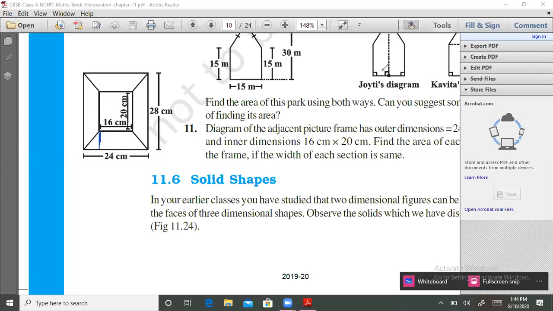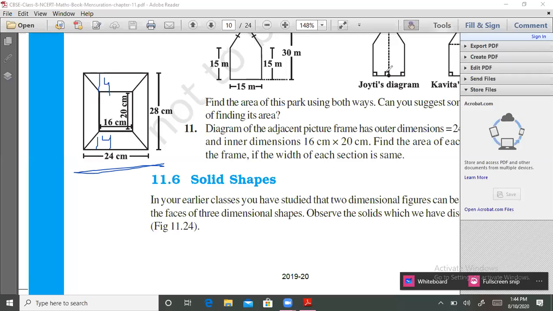This width. Okay, this width कैसे find करेंगे? This total is 28. This inner one is 20. तो कितना left रह गया? 8. और section की width same है, तो यहाँ पे भी 4 और यहाँ पे भी क्या हो जाएगा? 4. This total is given 28, this inner dimension is given 20. So 8 is left. ऊपर भी 4 हो जाएगा और नीचे भी 4 because the width is same. Okay. Same here also, this is 4, this is 4, and the same this side also.